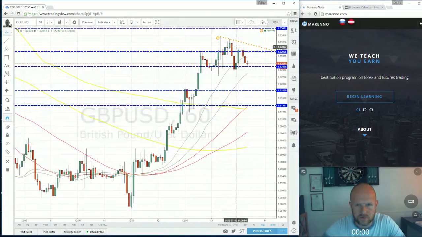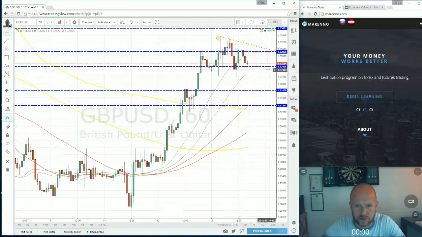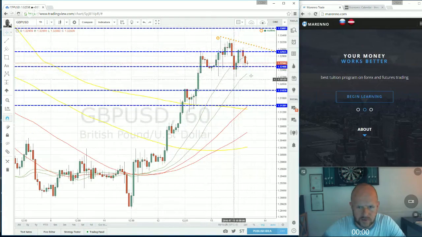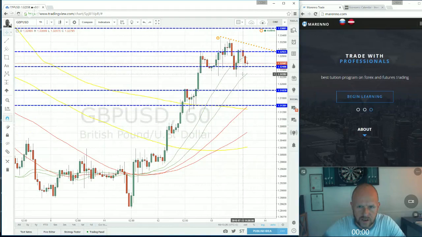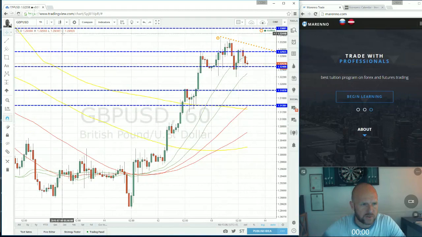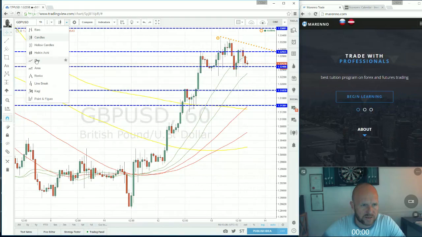So it's pound dollar. The price is going down at the moment. I don't really like how this congestion looks. So basically, what I would suggest you to do is to probably